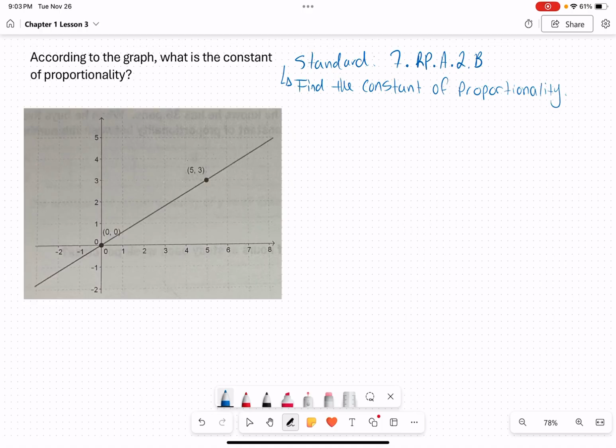Here is your everyday math tutor, and in this problem we are tasked, according to the graph, what is the constant of proportionality. We have to find the constant of proportionality. So first and foremost, we have to figure out whether this graph is proportional, and the answer is yes, it